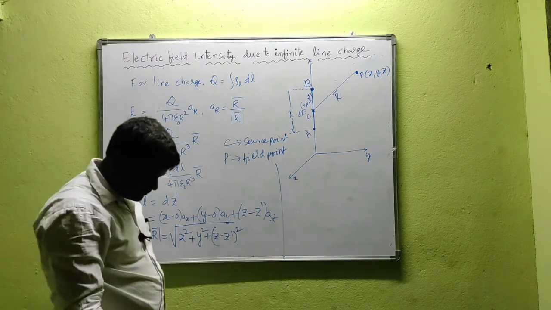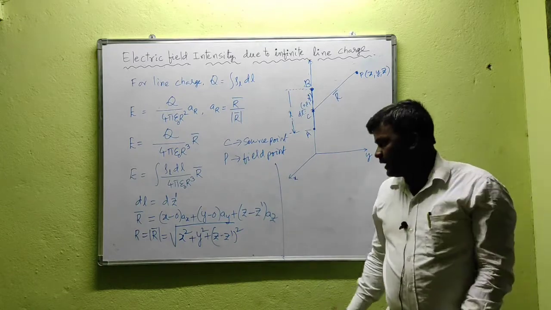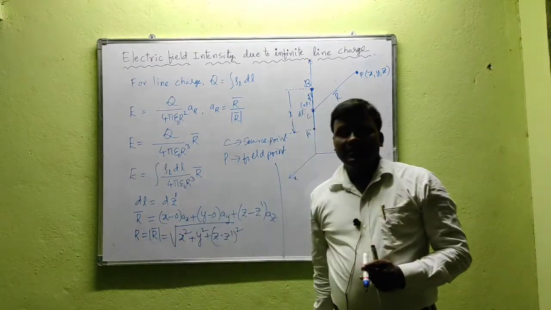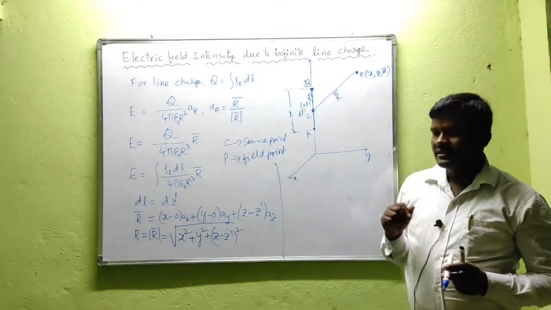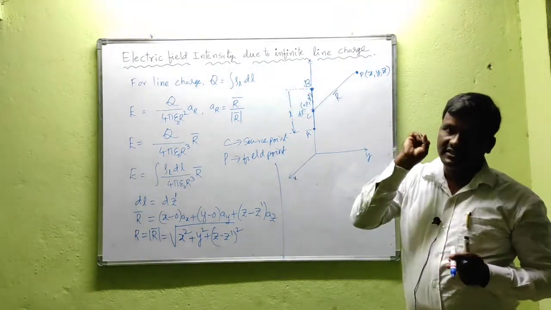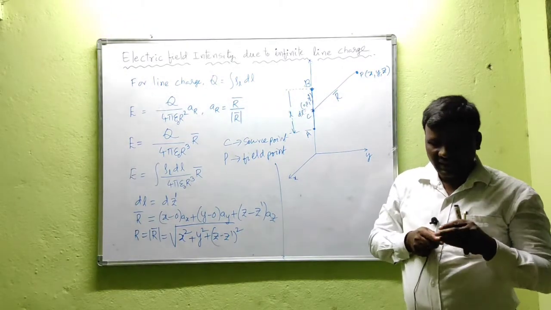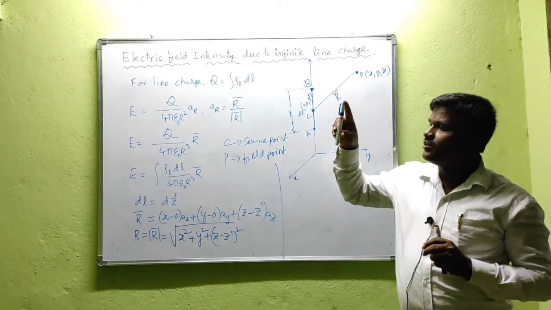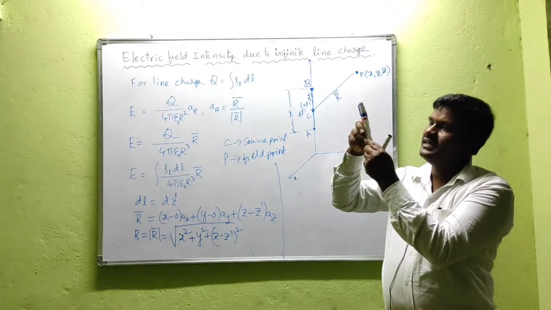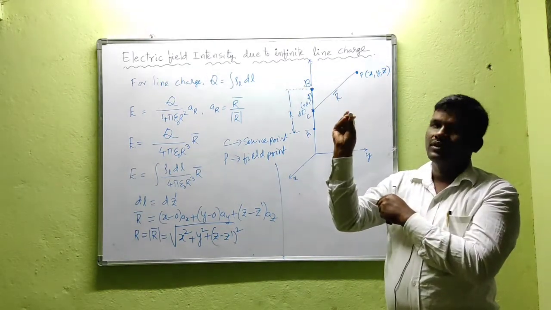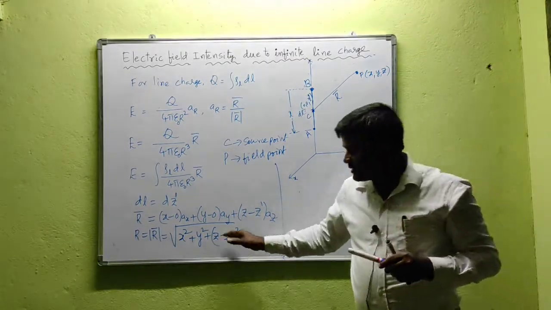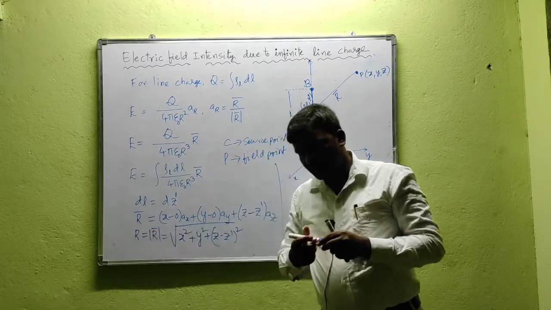We know the relationship between rho and x comma y. Here we need to write this r bar in the cylindrical coordinate system. Why do we need to write r bar in the cylindrical coordinate system? In order to find the electric field intensity due to this infinite line charge. Let us take a line charge. A line is symmetrical to a cylinder, so it is a line of length like this, and its cross sectional area is symmetrical to a cylinder. That's why we convert, or rather write, this r bar in the cylindrical coordinate system.